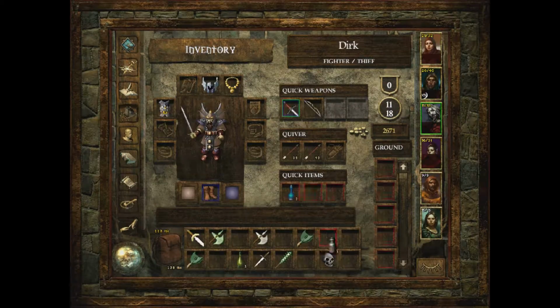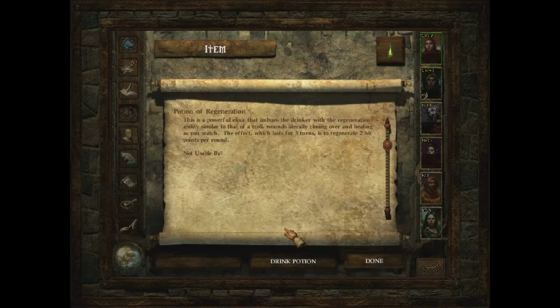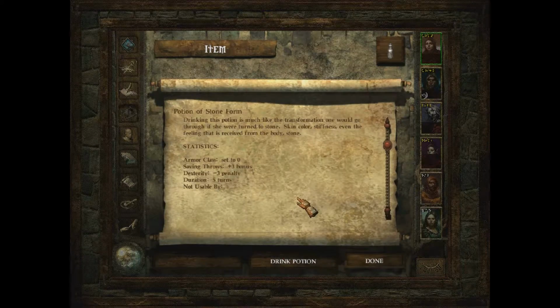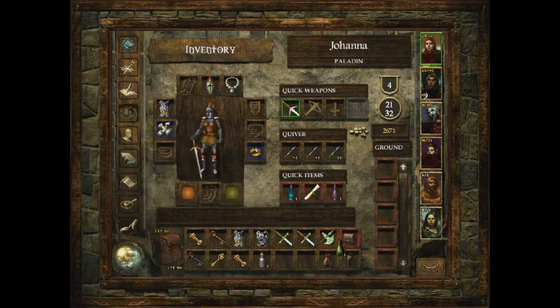Okay, so you have this to give him as well. So what are these, anyway? Regen. Okay, useful. And stone form. Okay, lose a bit of dexterity, but increase your saving throws. Been building up a ton of potions. I will eventually have to find a use for all of them, but...